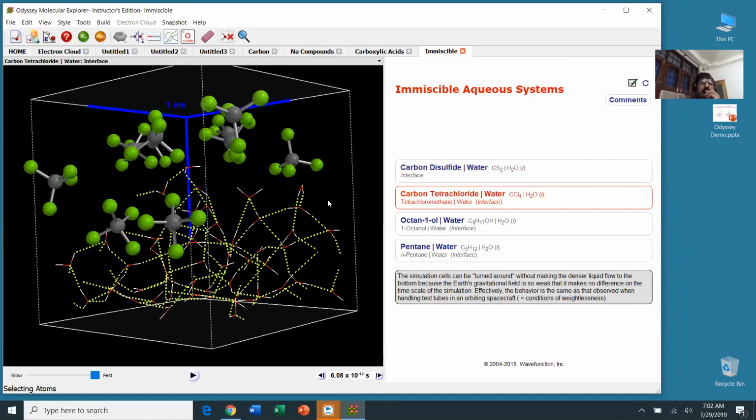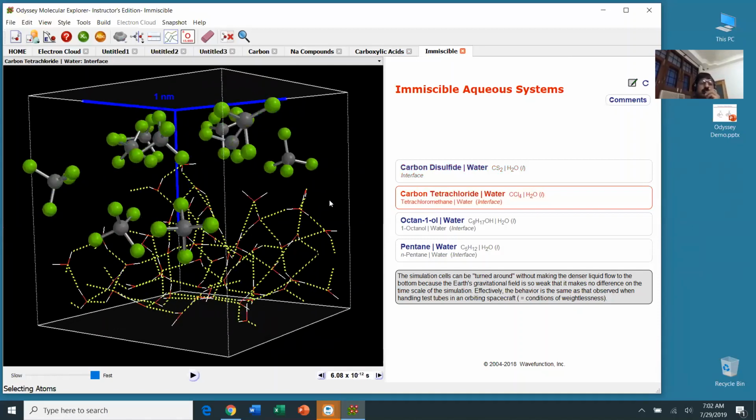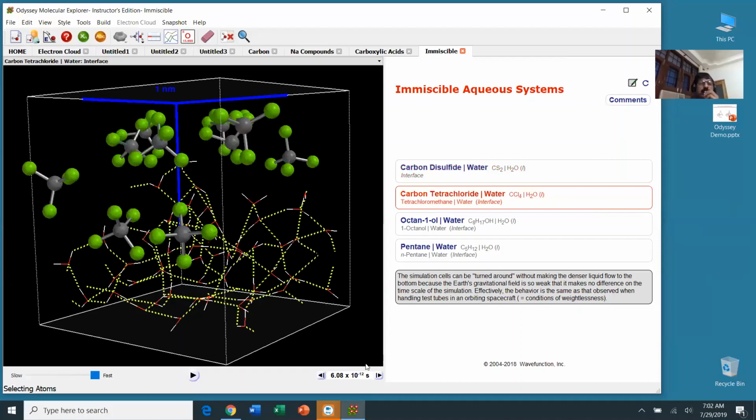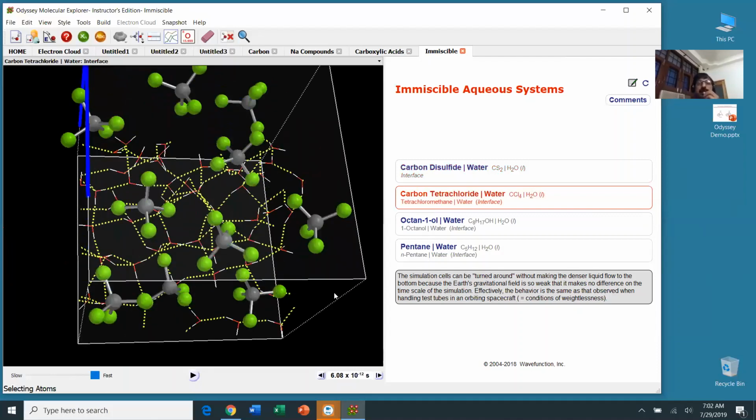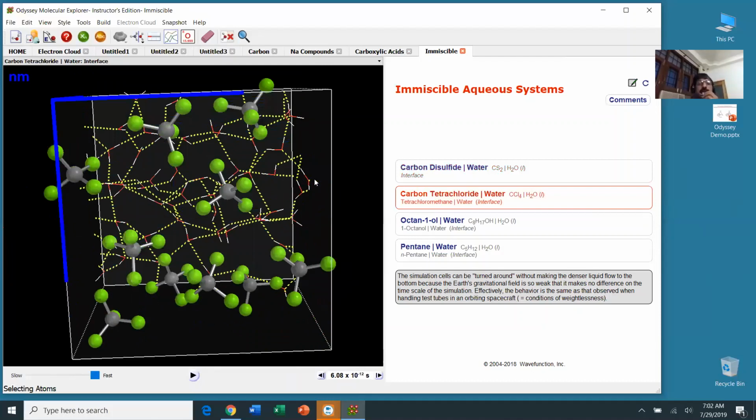You can sort of justify that to students if you think about Millikan's oil drop experiment, 100 years ago. They were watching the oil drops as they were falling. On a time scale of picoseconds, nothing happens, so the system behaves as if you were in outer space on the International Space Station,